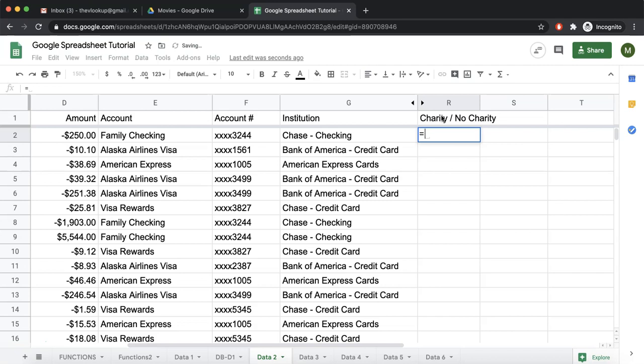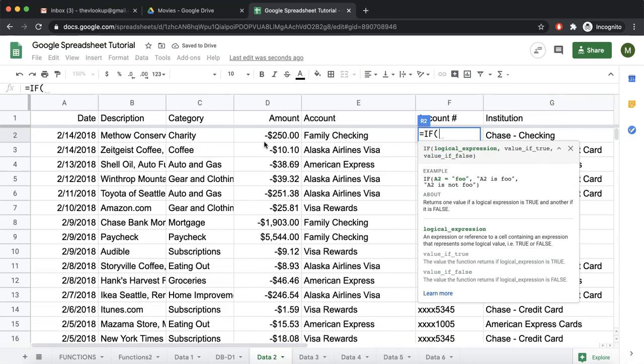So I say equal to IF this is equal to charity. Remember, in the entire Google Sheet, whenever you are writing any string, it has to be in double quotes. So if C2 equals charity, this is my logical expression, then you print charity. In all other cases, you print no charity.